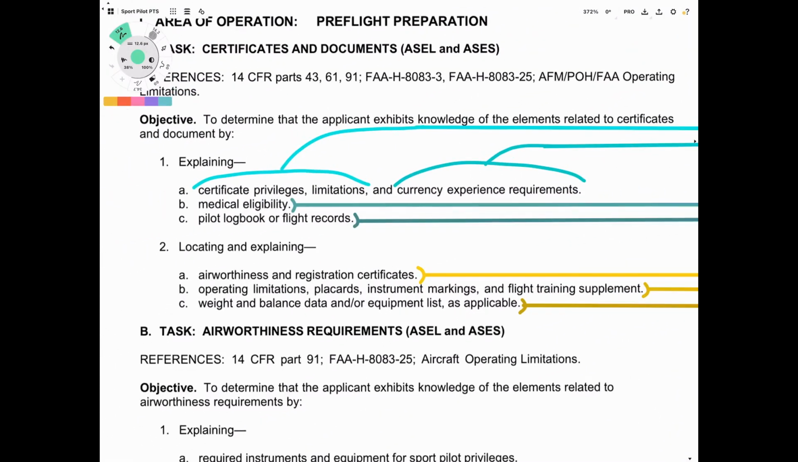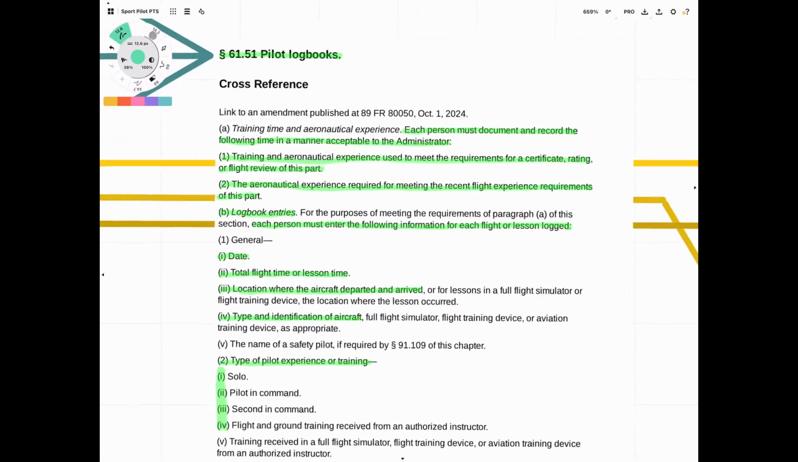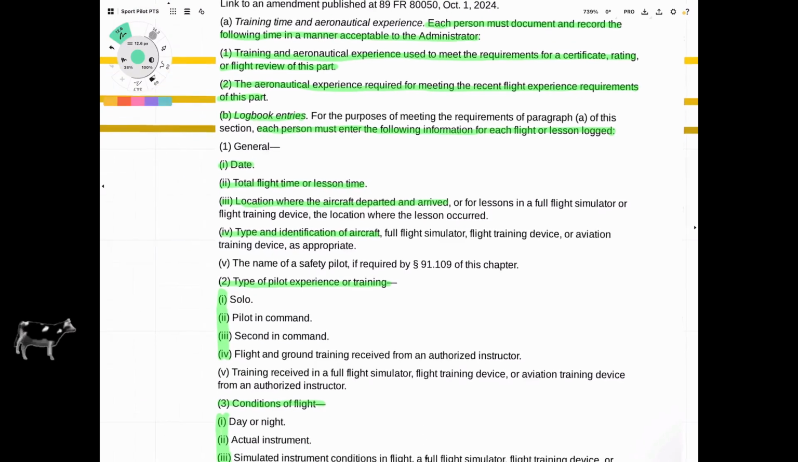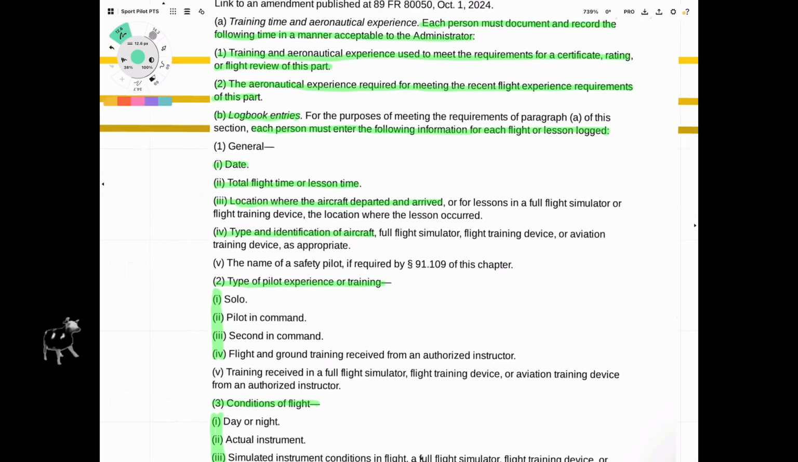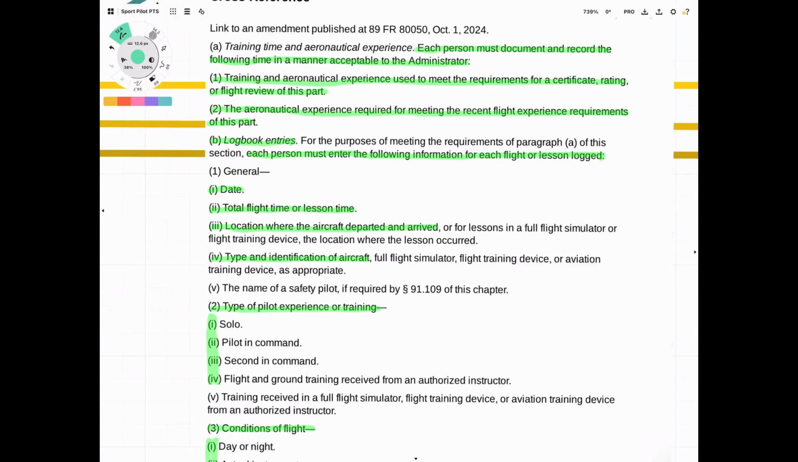Last one, pilot logbook or flight records. Cool. We come over here. This is 61.51, entitled, appropriately, Pilot Logbooks. He's probably not going to ask you a ton of questions on this, exactly how things need to be logged. You can read this, right? And this is not one of those questions you need to know in an emergency situation, right? You're not going to be flying towards a thunderstorm and say, oh no, I haven't read 61.51, I'm going to die, right? That's something you can read on the ground. But the big thing here